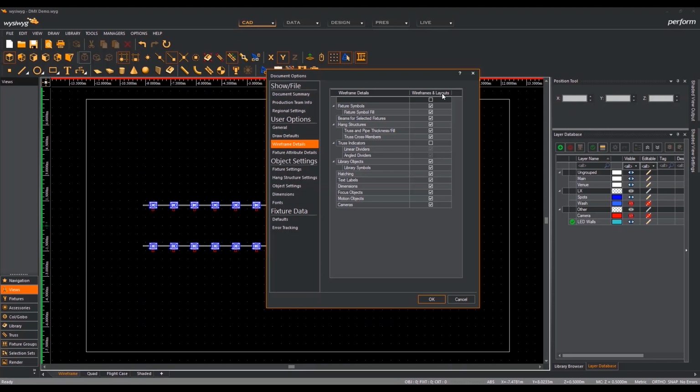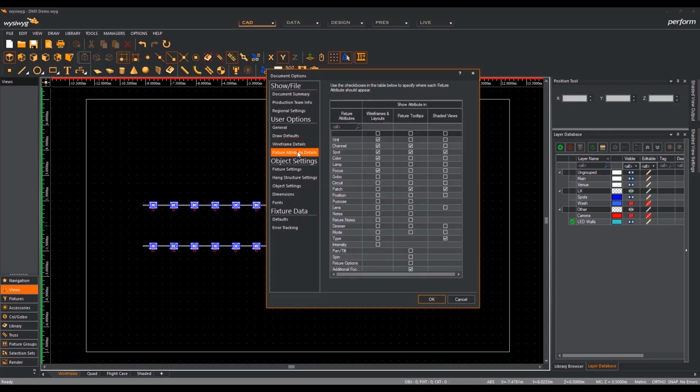We've done this to make it clear that these options affect the appearance of the listed items on both wireframe views and on layout views. And this previously was not clear for all users and it was causing some confusion. So we've made this very minor change. And at the same time, on Fixture Attribute Details tab,